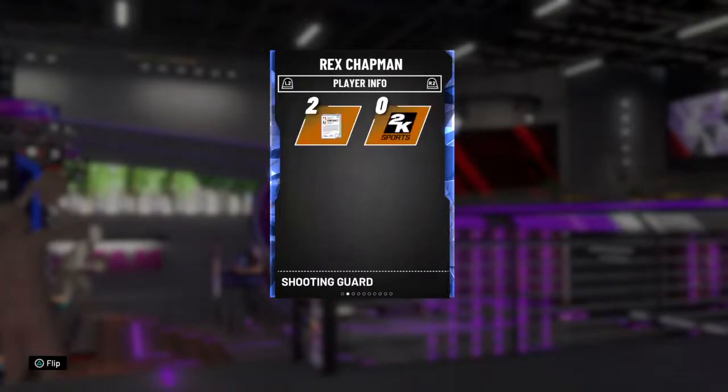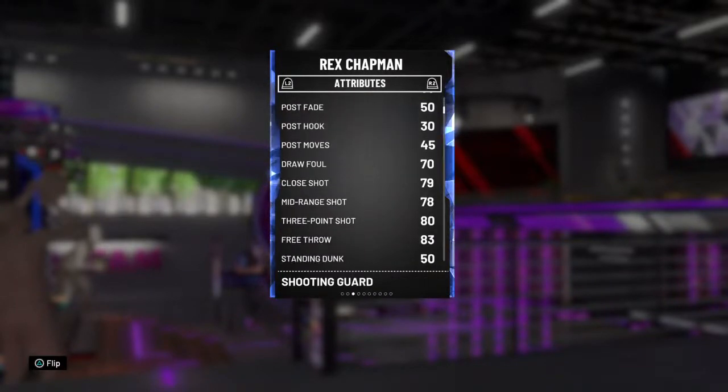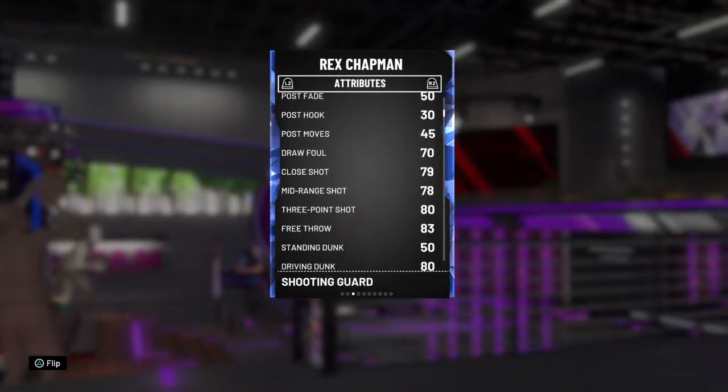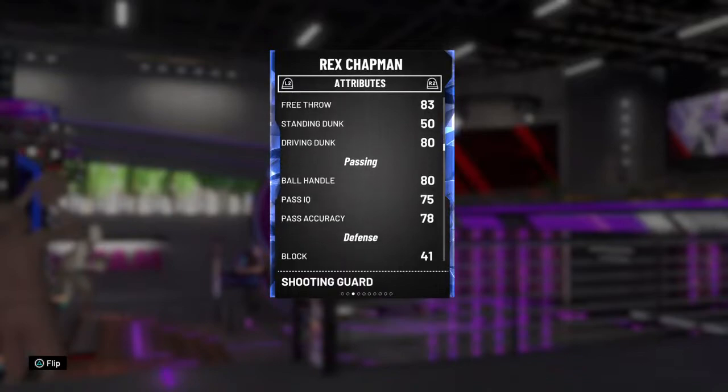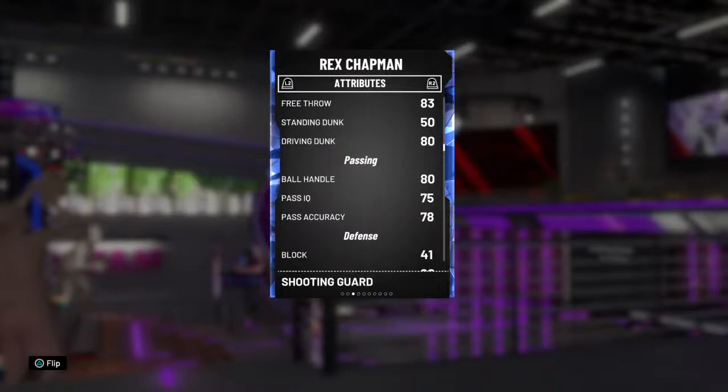Let's take a quick look at his ratings. He's not going to play any defense for you, but again, he has range extender, so that's par for the course with cards over here. His 3-ball is technically only an 80, but with those badges, it's going to feel much better than that. His ball handle's technically only an 80, but again, with the coaching boost and floor general, he's going to be